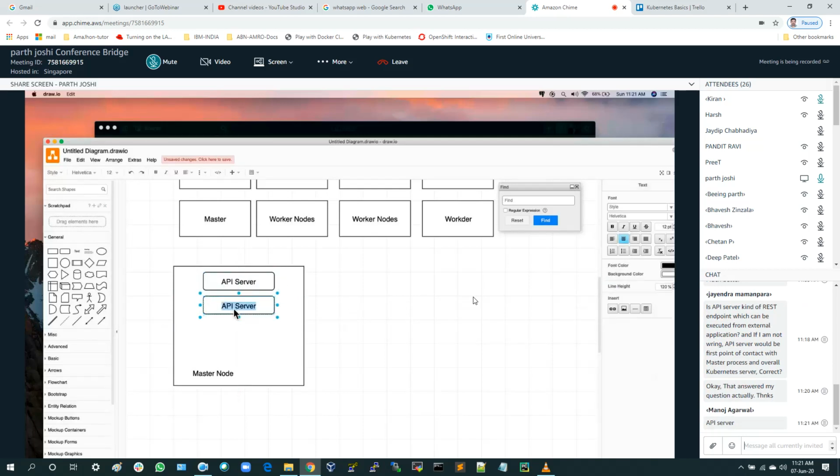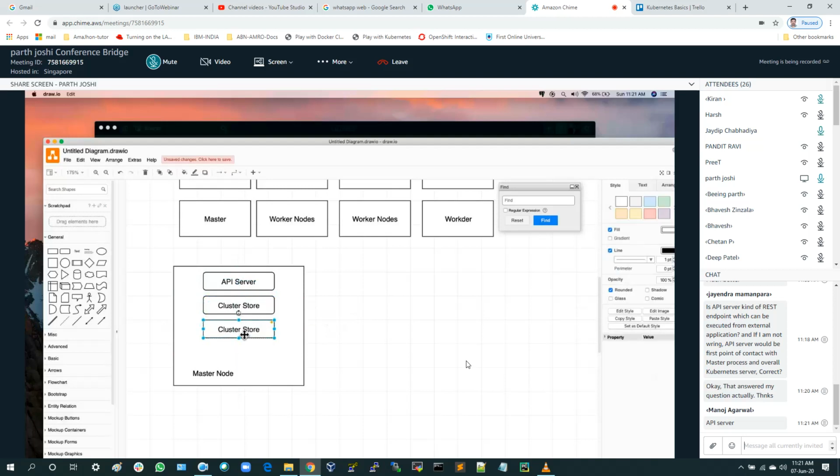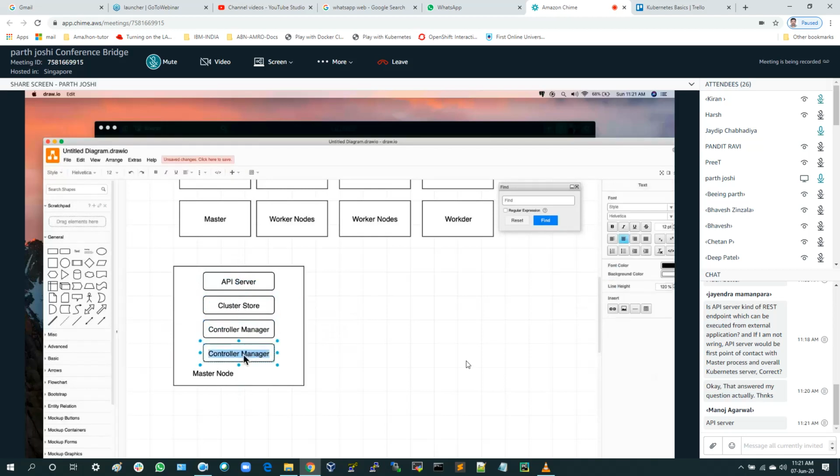Cluster store. Perfect. Cluster store. Thank you. That's great. Okay. Third one. Controller manager. Perfect. And fourth one. Scheduler. Perfect. So coming back to the question of Jayendra,